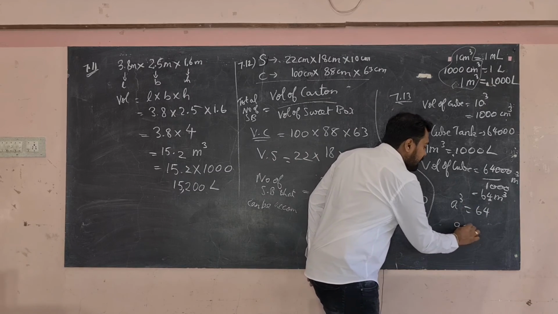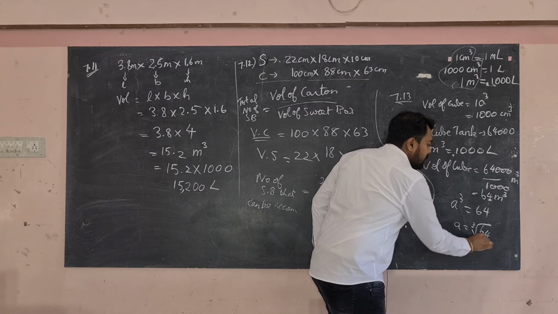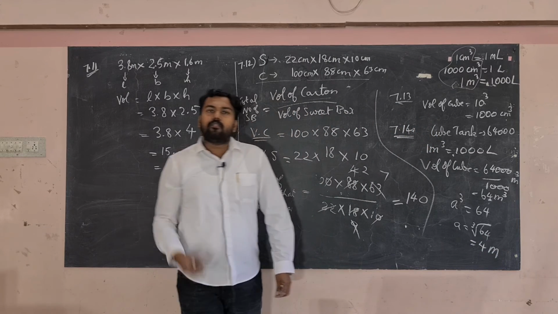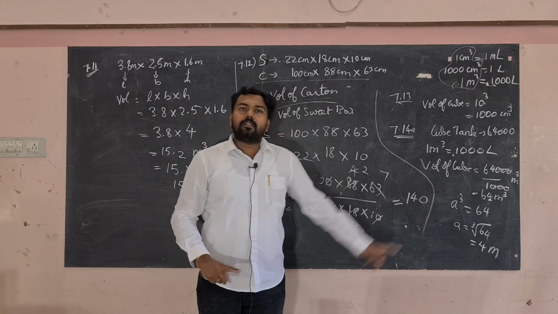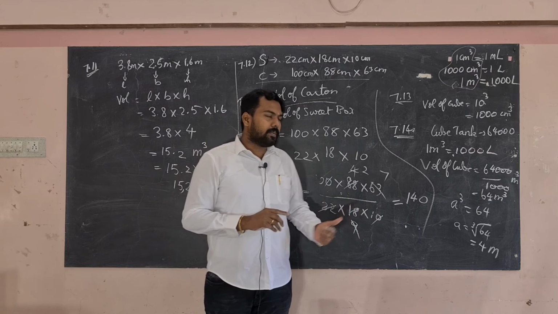So A is equal to cube root of 64. What is cube root of 64? It is 4 meters. 4 into 4 is 16, 16 into 4 is 64. So cube root of 64 is 4. So the answer for this question is